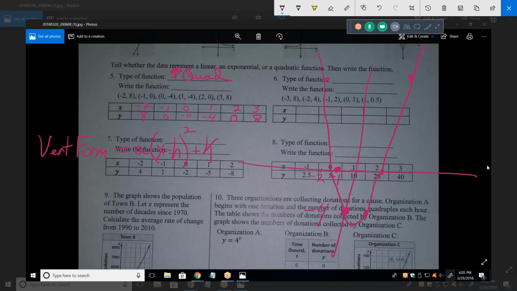And the reason it's called vertex format is because h is the x coordinate of the vertex, k is the y coordinate of the vertex. And you can see that with any parabola, the most important point is going to be that vertex, right? So that's kind of what we want to know. Unfortunately, with the table of numbers that they gave us, we cannot immediately figure out what that point is. So vertex format may not be the best format to use. There is another format, which is